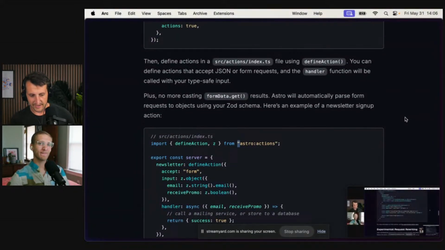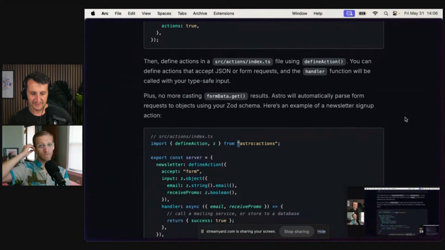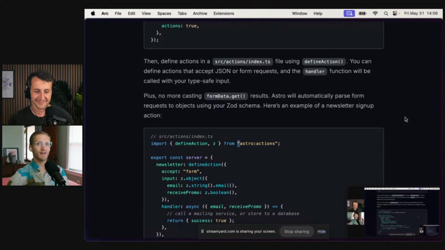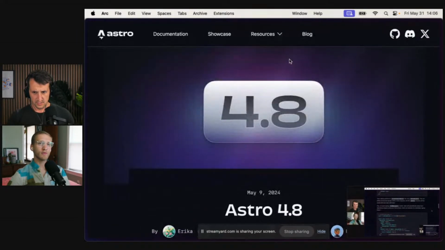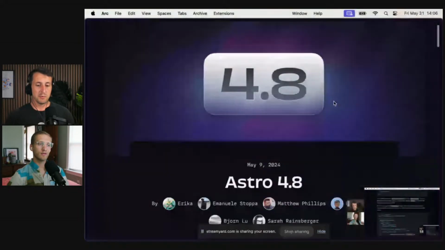Yes, I've used that in some experimental projects that I've worked on before, but it was interesting to see it coming directly from an Astro package. It's like a white labeled version, the Costco version of Zod. For the viewers at home, Dave, what is Zod? Zod, maybe we should even bring that up.